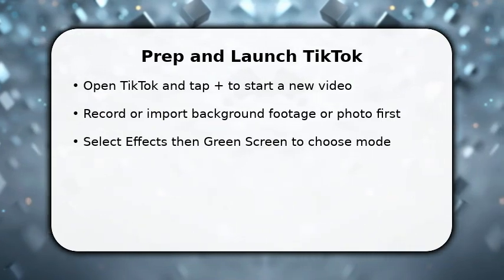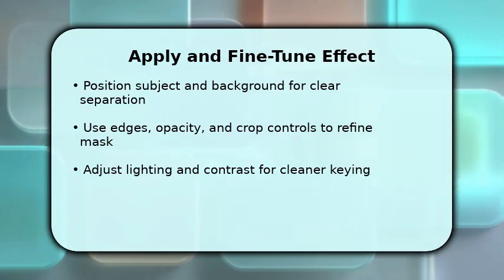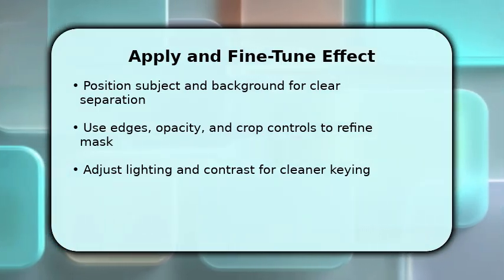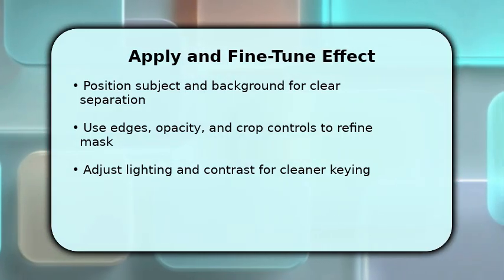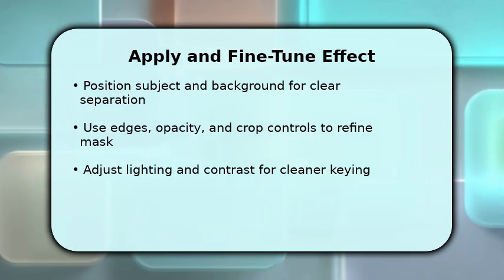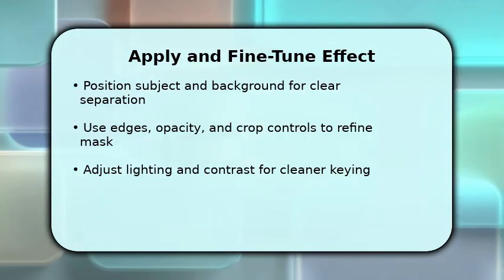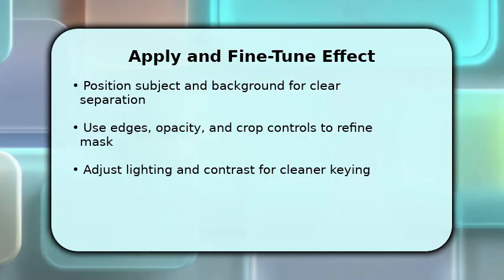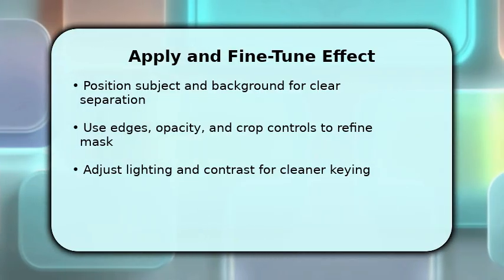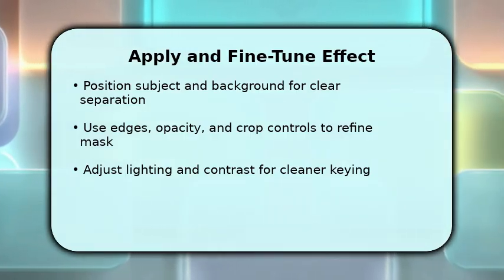You now focus on precision. Frame yourself so edges are distinct and avoid clothing that matches the background image. Once the green screen is active, use on-screen controls to crop or reposition the background and adjust opacity. This helps the mask blend and prevents haloing. If the app offers edge smoothing or color tolerance, tweak those to remove speckles. Also, change lighting or exposure so your foreground is brighter than the background. That contrast makes the algorithm